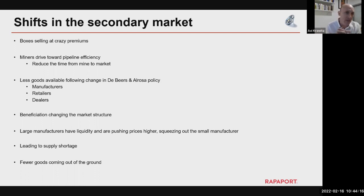We know that Alrosa put out a press release this last month saying that over the last 3 years, they've managed to shave off 15 to 25 days of the time lag between rough processing at the mine and rough sale. And we know that De Beers is doing the same sort of work, and that's not a bad thing. That's a good thing. We want the market to be efficient, but it creates change in the market. And so the question then lies on the manufacturer and the polish supplier if they're doing the same thing, because if they're not